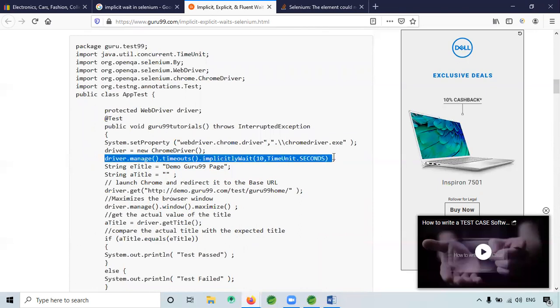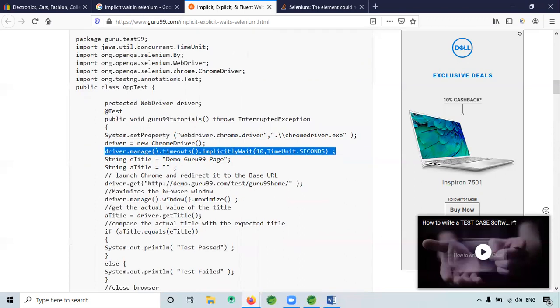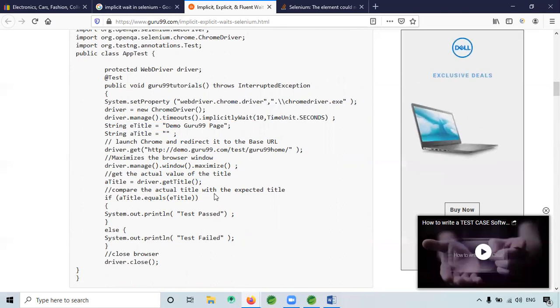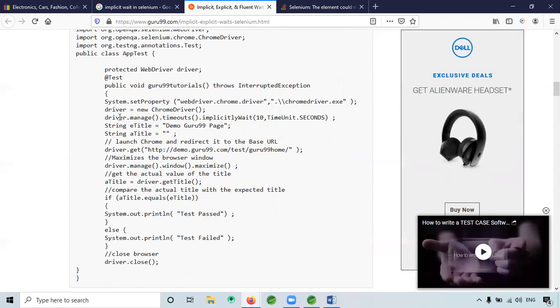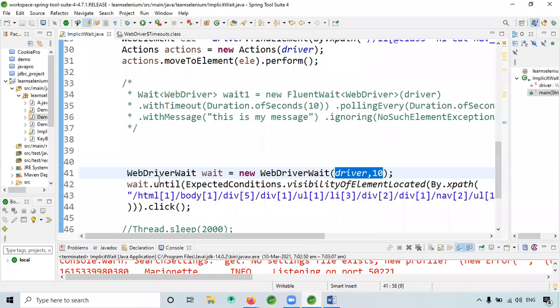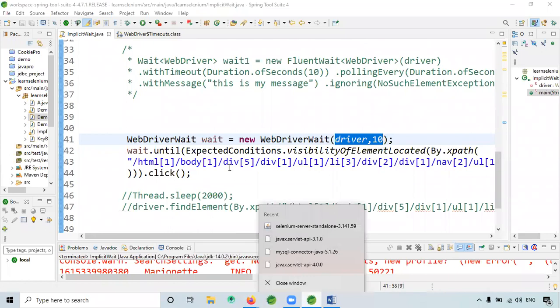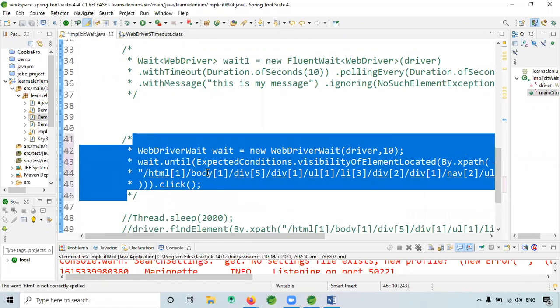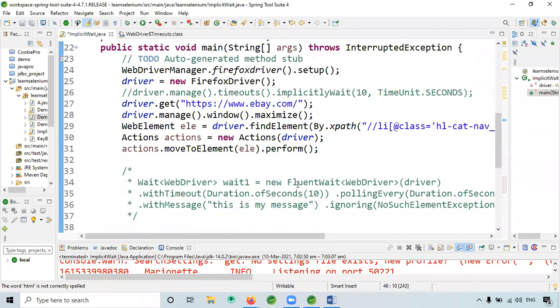Driver dot timeouts. Same code only. Yesterday it worked. I don't know why today it is failing. It should work actually. When I searched for that same error, some people said the same thing: sometimes it works and sometimes it doesn't. Only one person told it worked in Chrome but the same code didn't work in Firefox.